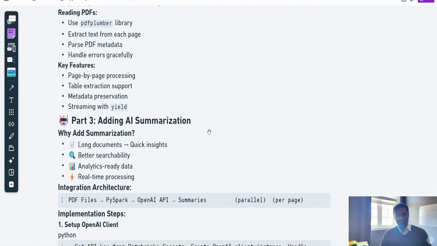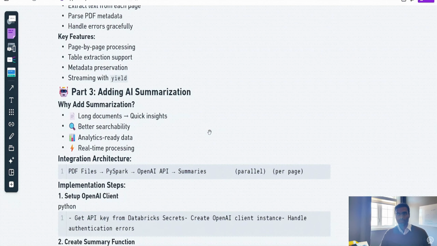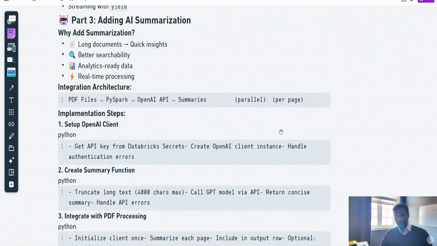So I just use PDF Plumber. It does the work. It's very straightforward. So here it is page by page processing, since these documents will be spanning from 100 to 1,000 pages, and we are using parallel processing, and we need to extract all those pages. So that's why I go by page as a processing method, and then table extraction is also there, and also we preserve the metadata, like which page and who is the author, and also the streaming method I implemented from the LLM, and then